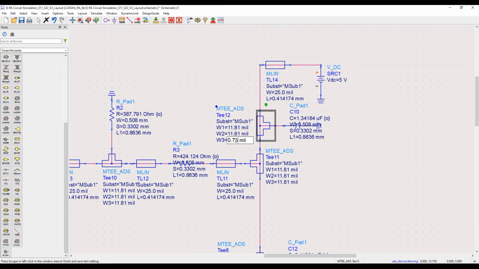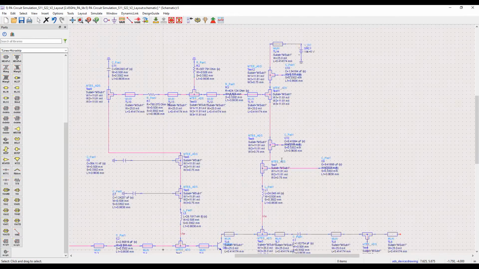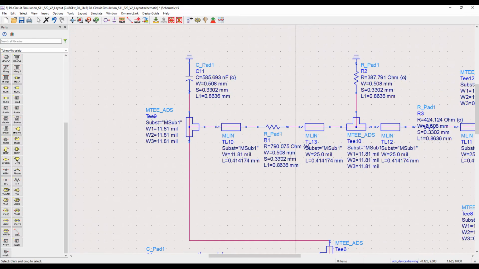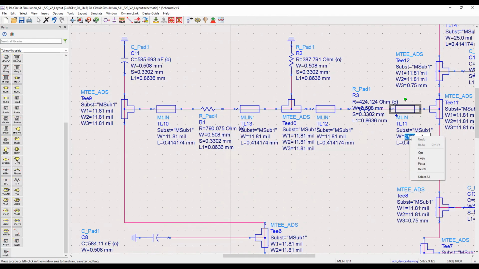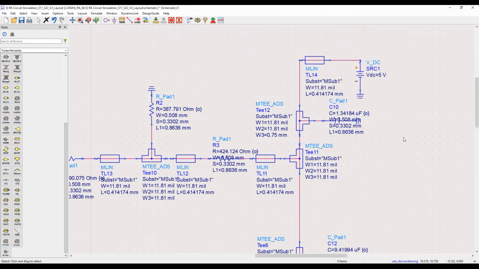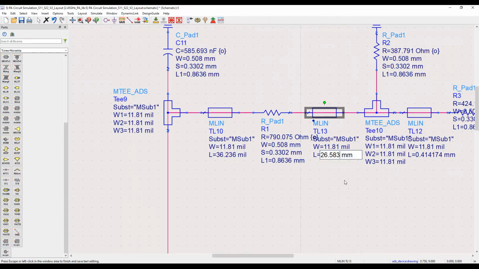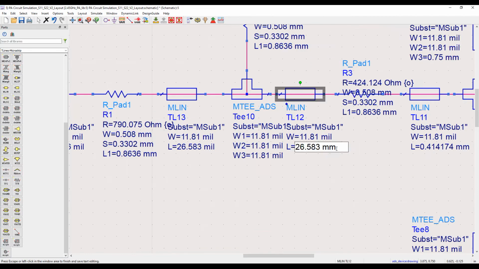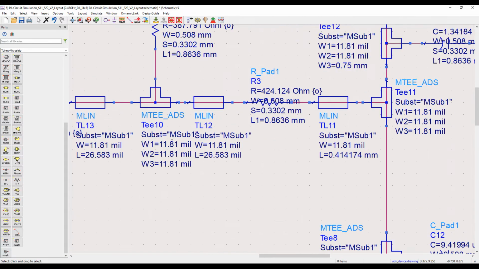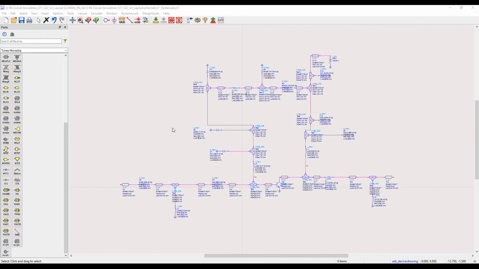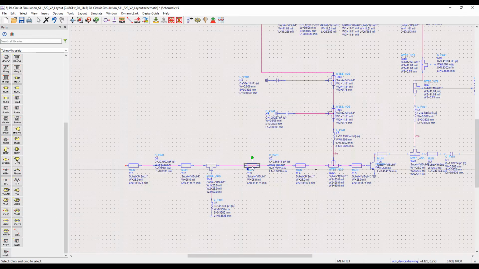After insertion, some of the length and width are modified to create the layout correctly. Shorts between mlin and mtee lines will be removed now.